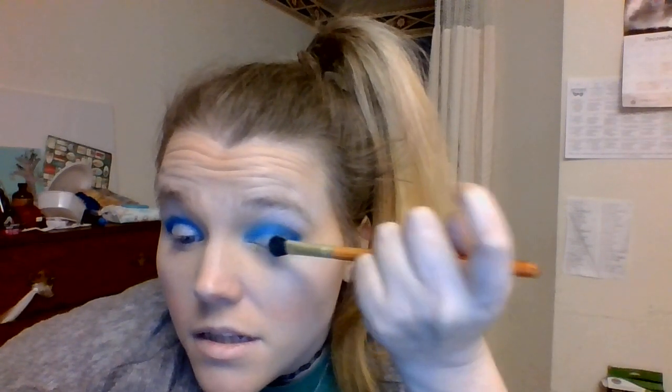And basically we're just going to take the same brush we used for the other silver that we put on in the first place, and we are just gonna try to get a lot of that color. We're gonna be filling in the spots without the blue over top of the light silver that we put on first. We're going to be putting this Gemini color, this darker silver color,